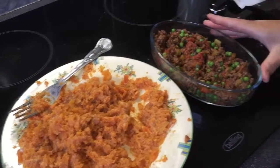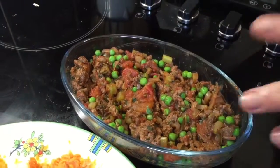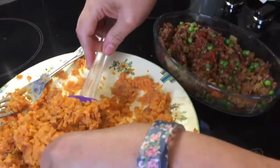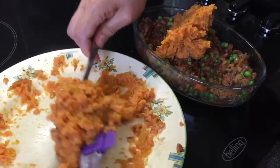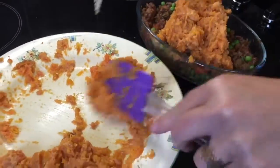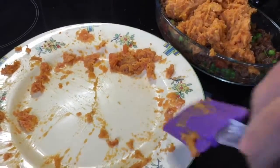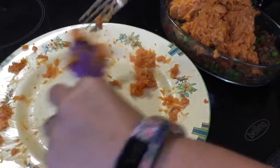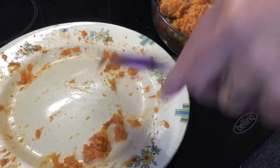And this is what I made earlier. This is the lean minced beef base. And I've just added a few frozen peas in. So I'm just going to dollop this on top. I like quite a chunky topping, as you can see. Okay,